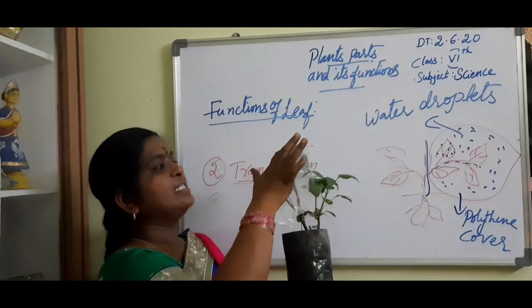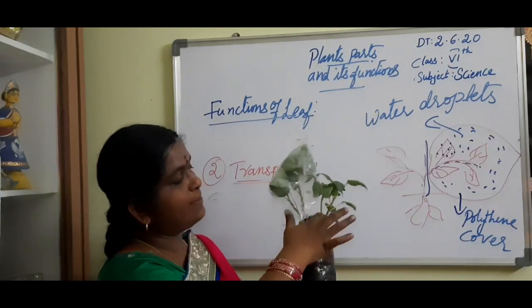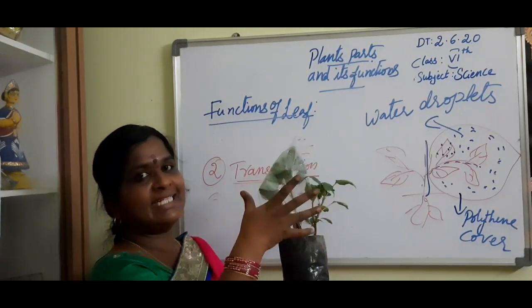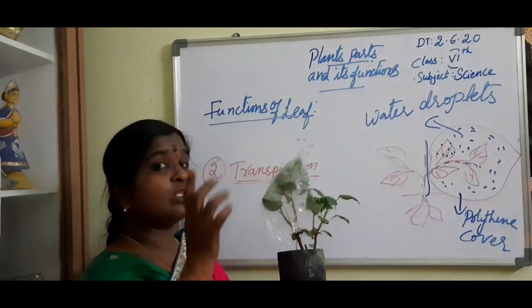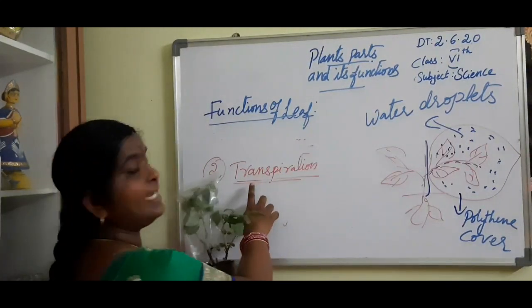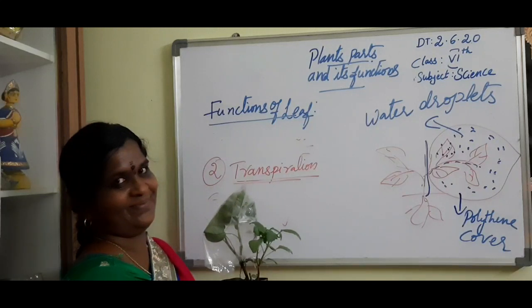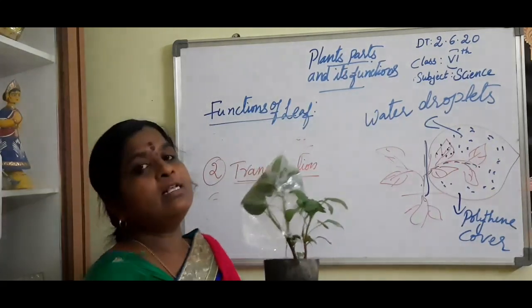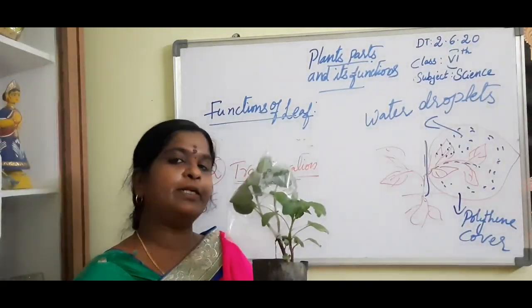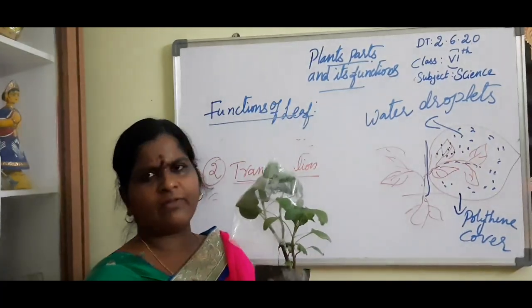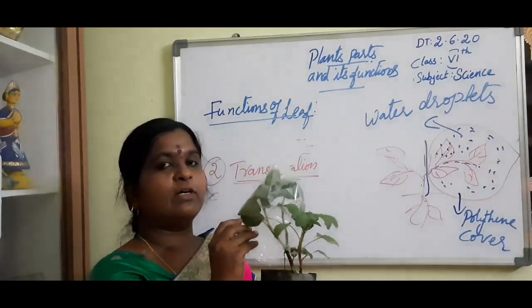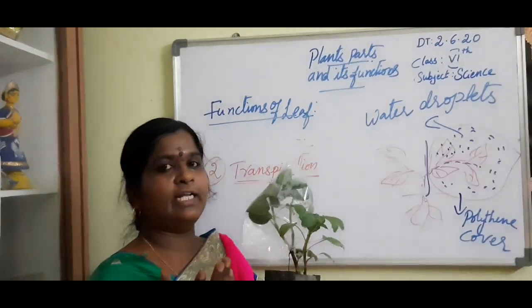The excess of water from the leaves and other parts of the plant is released. So that process we are calling what? Tell me. Transpiration. I think that you have understood very well. So you can do this experiment in your house also. Take any one plant, cover it with the polythene cover and keep it from morning till evening, and next